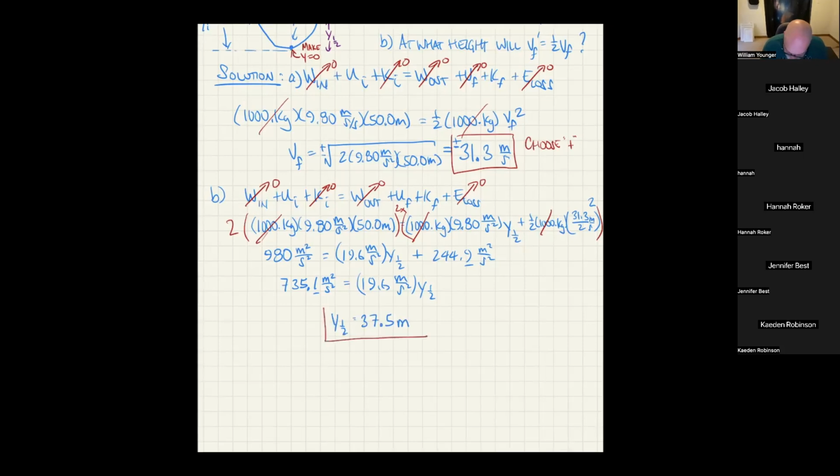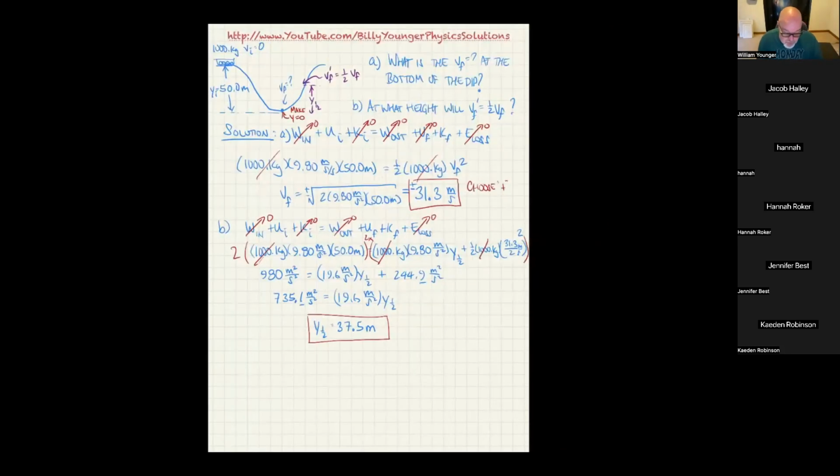So what that means is when the object goes down a whole 50 meters, it reaches a speed of 31.3 meters per second. However, on its way back up, it gets a mere 12.5 meters from the top, and then is already or still 1/2 the velocity that it had. So that again just shows us that the velocity is not linearly related to the height, which you should realize